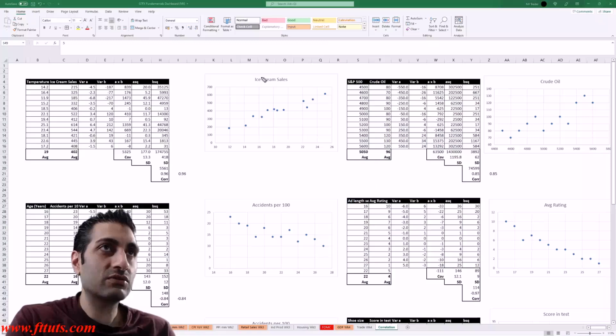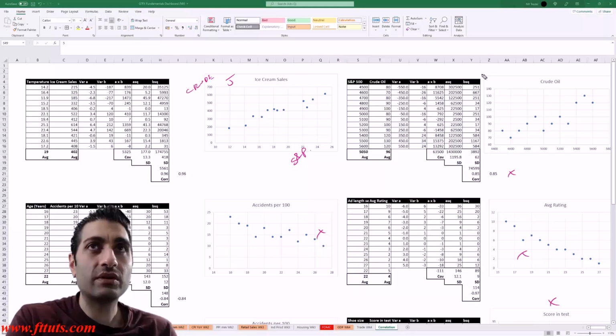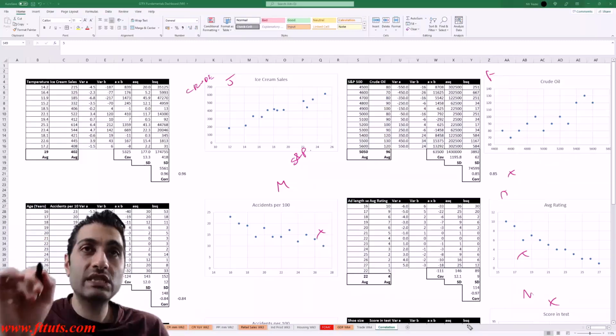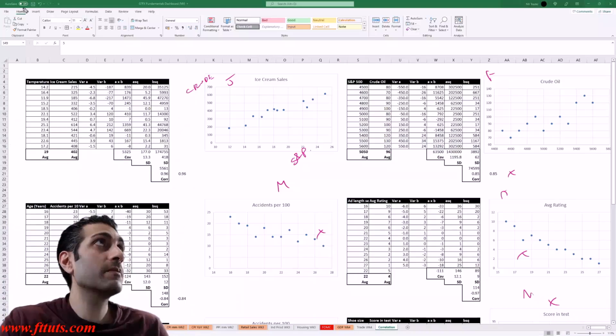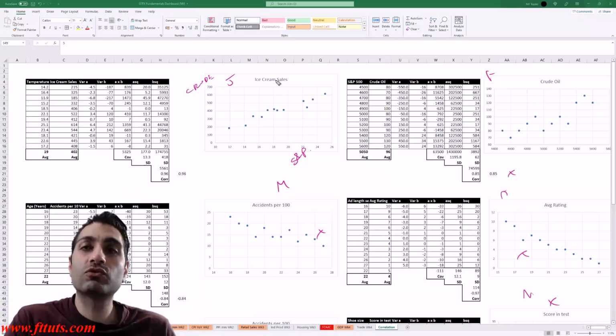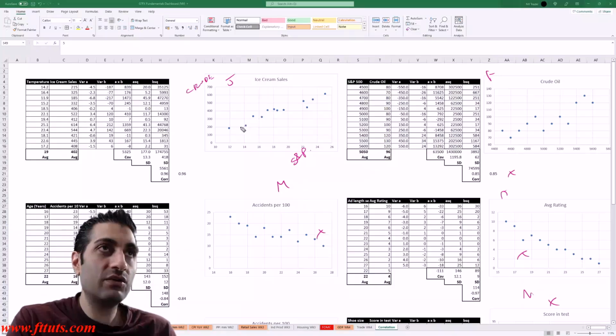Ignore that it says ice cream sales, right? Let's imagine this was crude versus S&P. All of these are crude versus S&P. This is January, that's February, that's March, that's April, this is May. Over time, do you see now how you can easily compare using statistics, i.e. correlation coefficients, the changing relationship, and you can use that to your advantage in trading, right? Or even recognizing when correlation isn't useful to you is just as useful as recognizing when correlation is useful to you. So you can see here in January,